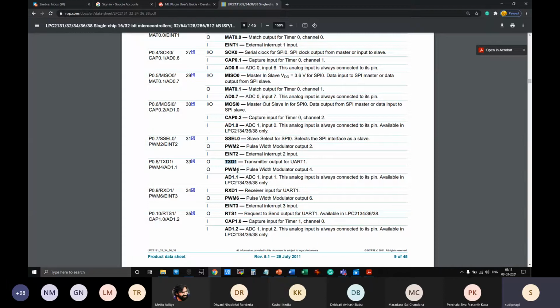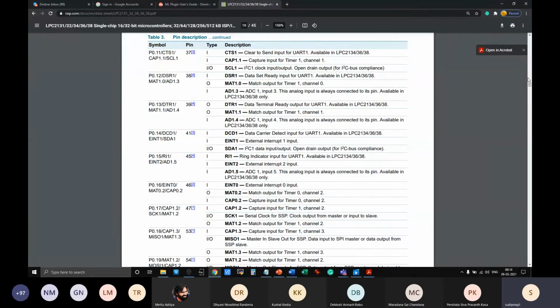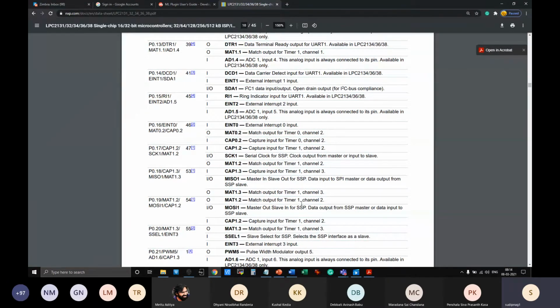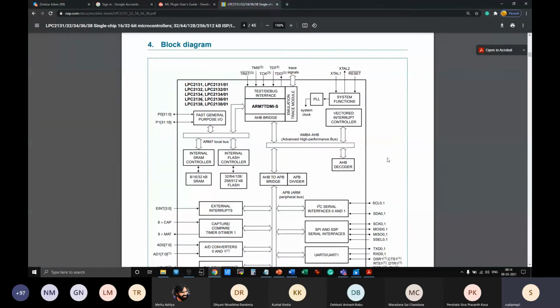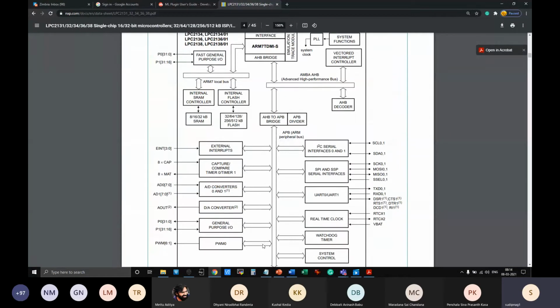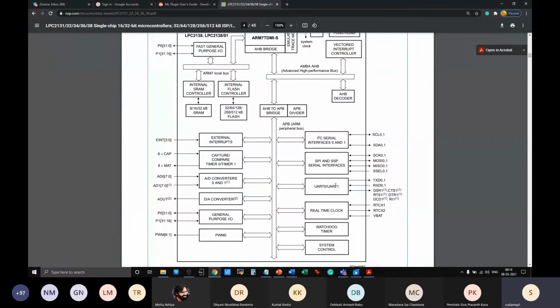In ARM 7 or even any ARM microcontroller, each and every block has its own block diagram. I'll just explore that in today's class. So you can keep on going through this list and you will find that there are so many functions, and you just have to remind yourself how each of those functions is related to the basic block diagram. So if you come to this block diagram of the overall microcontroller chip, then each and every box that you get to see here, especially for the peripherals or even any other block on the upper side, has a particular block diagram in detail.